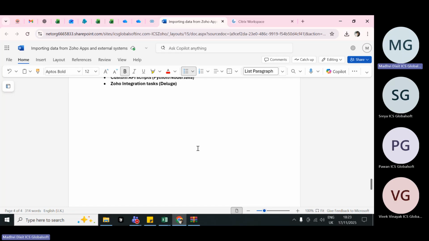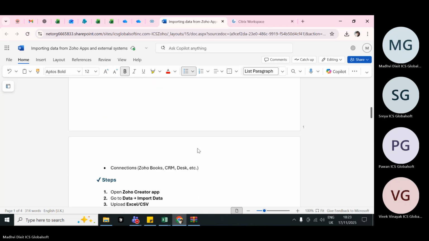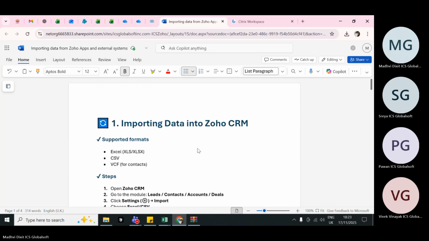Is there any doubt or issue till now? No, ma'am. Have you got how we are importing or exporting the data? There are very useful use cases for it,